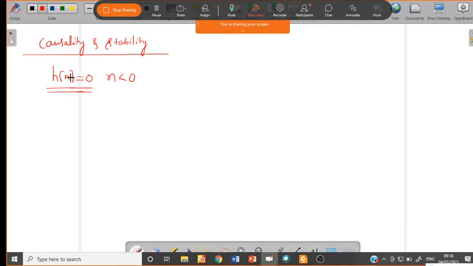Alternatively, we can say that if the ROC, whatever region of convergence, exists outside the outermost pole, that is, greater than the outermost pole. For example, if you have a pole here, which represents some transfer function H of z, then the pole is inside the ROC and the ROC will consist of the region greater than the outermost pole of H of z.